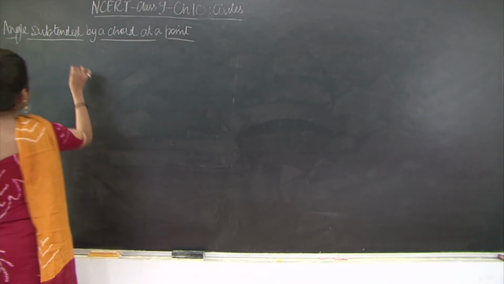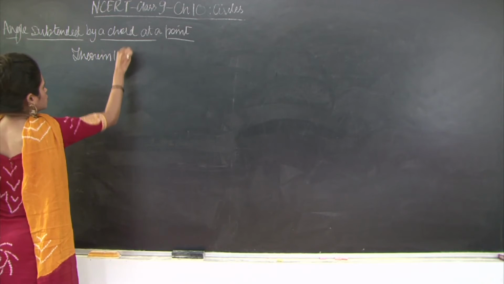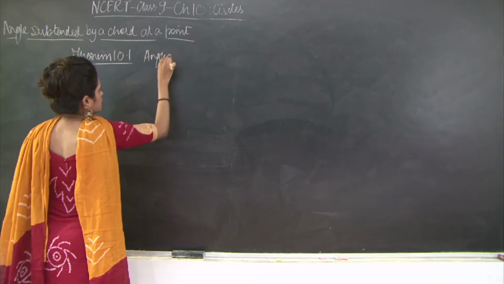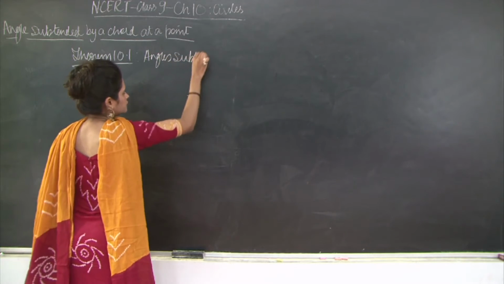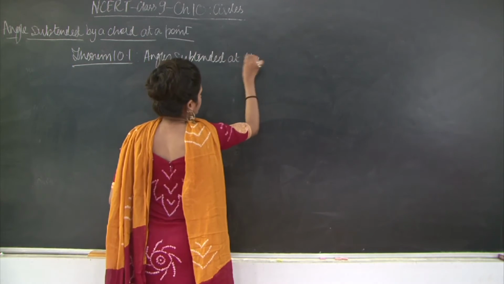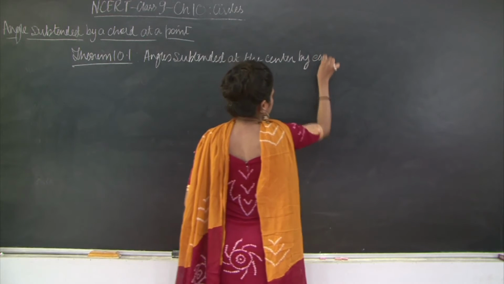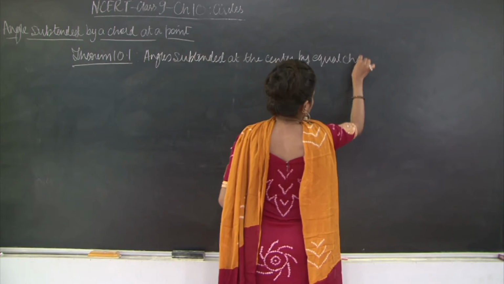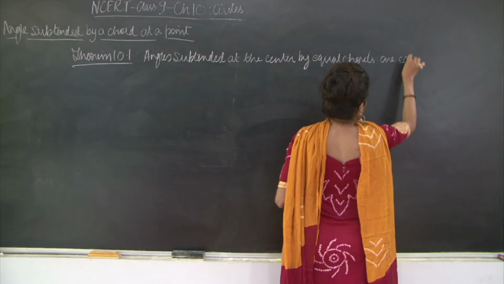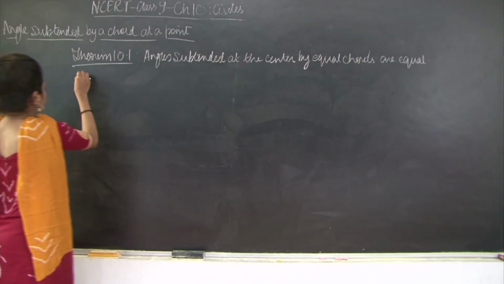So my theorem 10.1, I'll say angles subtended at the center by equal chords are equal. So how will we prove this? I'll say proof,